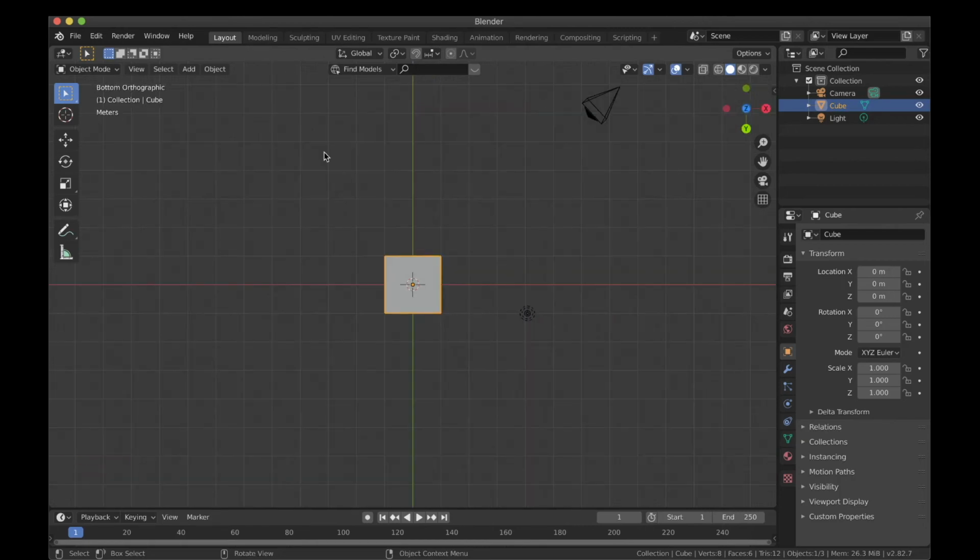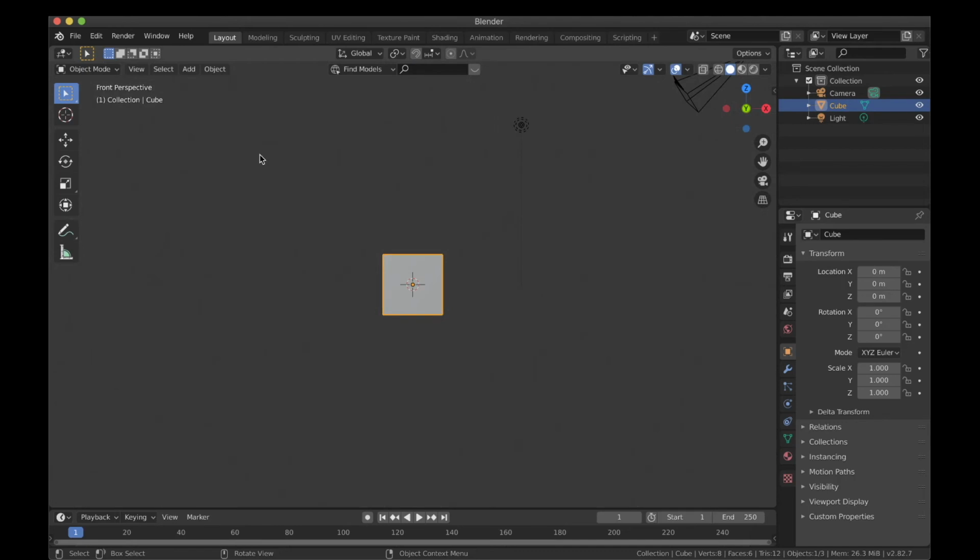Now you might ask, what view am I even shifting to and how do I know that? The answer to that is you can see this over here. As you can see, it's written bottom orthographic. Now if I shift to the right orthographic by pressing 3, you can see it changed and it said right orthographic. Similarly, if I press 1, it must say front orthographic. Now if I press 5, it will say front perspective.